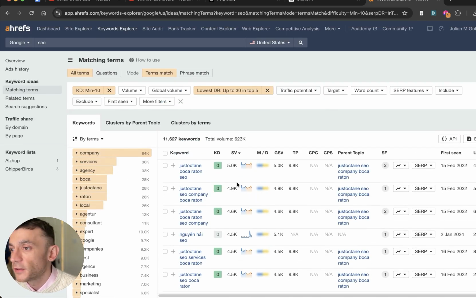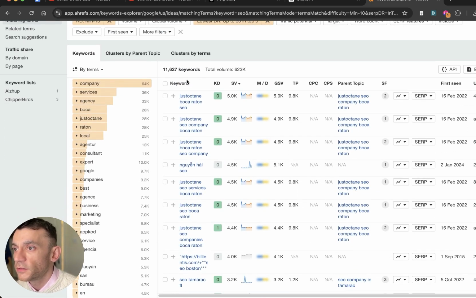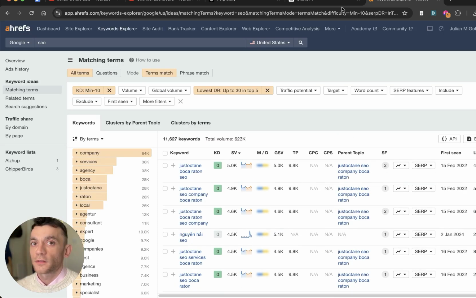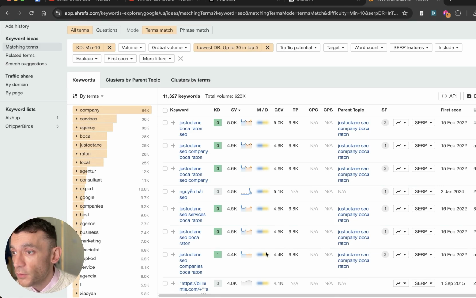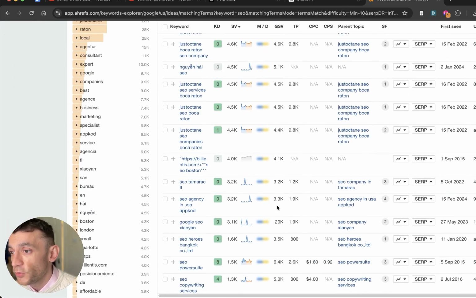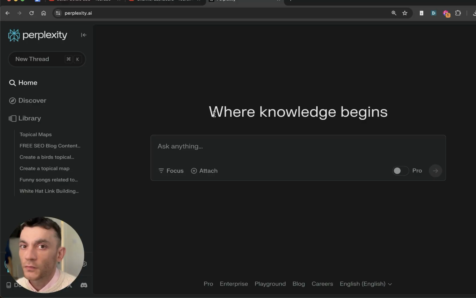Tip number 3, make sure when you're scrolling through all the keywords that you're thinking about going for, you ask yourself one question. If I rank for this, will it make me more money? If it does, great, create the content. If it doesn't, don't create the content. Simple as that. Tip number 4, for every single thing that you do in SEO, create your own tool, because